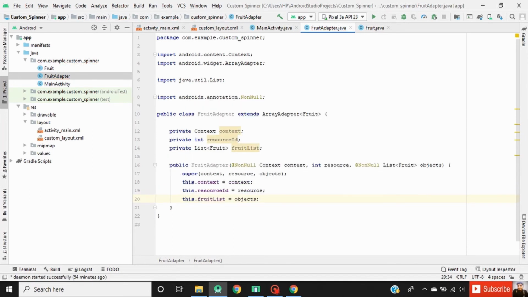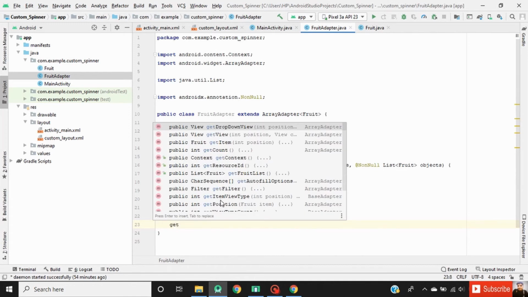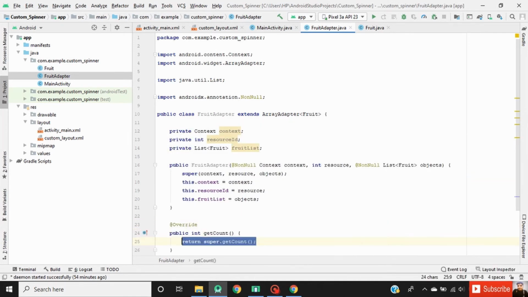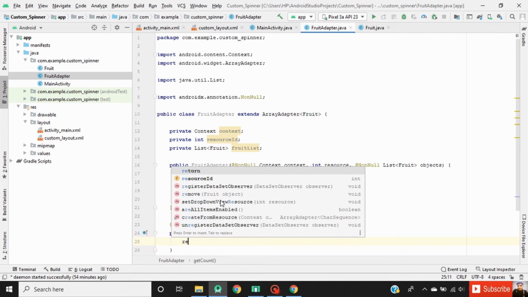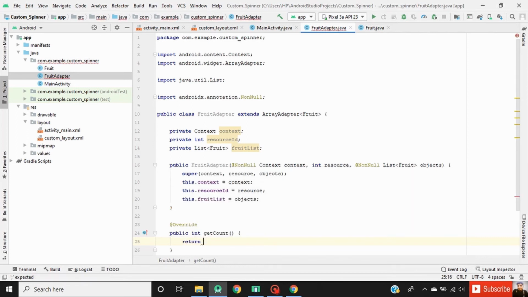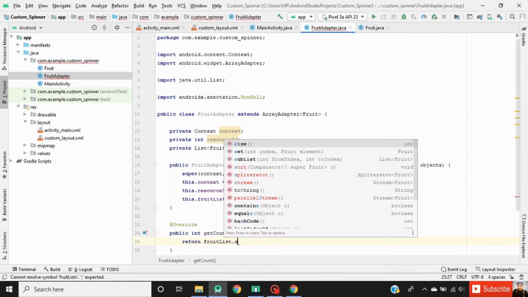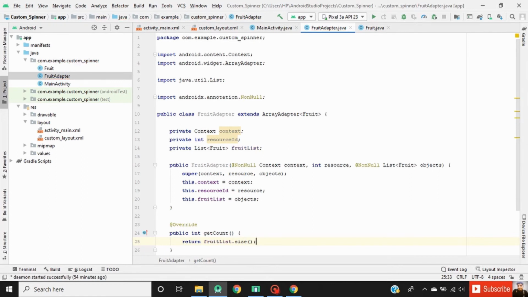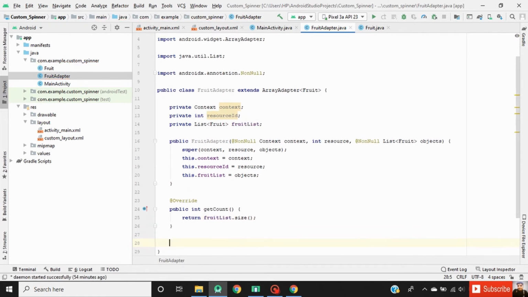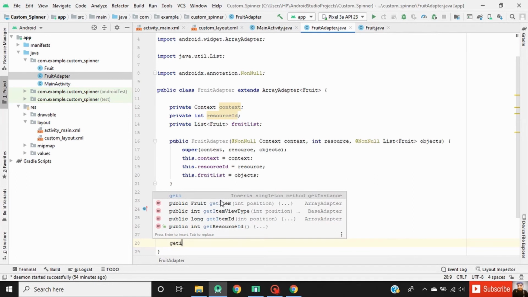Now we have to override the methods for this adapter. First one is the getCount method. It returns the size of the fruit list. Return fruitList.size. Second one is the getItem method. It returns each of the objects available in the list.